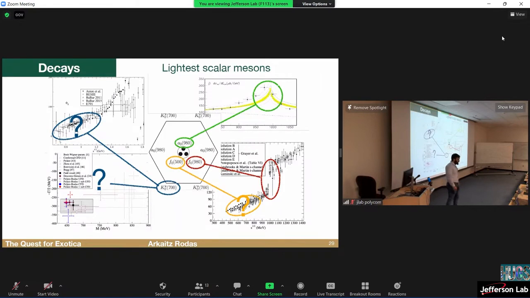What happens with the simplest, lightest scalar meson nonet? I introduced to you the pions, kaons, etc., and the vector mesons. These are very closely related to the vector mesons. They are produced in pion interactions, and they are like the vector mesons, like the rho and omega that I introduced before, only they don't have angular momentum. The angular momentum is 0.